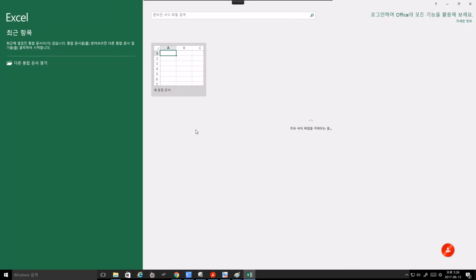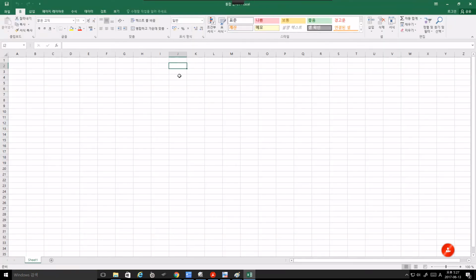Let's start Excel. So suppose that we have two vectors here, two vectors A and B. Vector A is, let's say, 2, 3, 4. Vector B is, let's say, minus 1, minus 2, 3, and 10. Okay. So in order to calculate A dot B, the dot product, we have to multiply element by element,